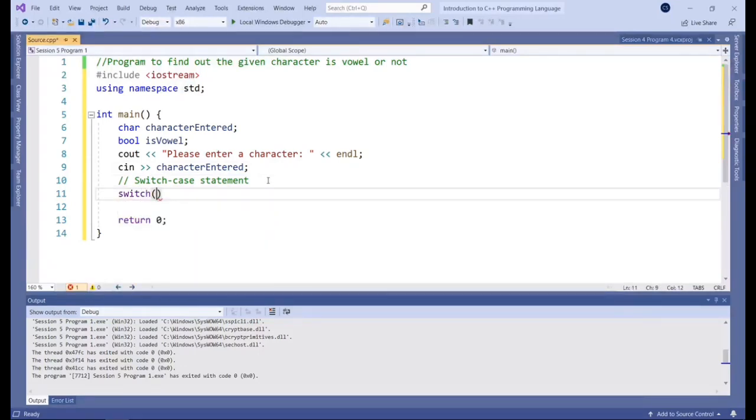We're going to want to enter here the condition, or basically the variable that we are evaluating, the variable for which we care about the value in terms of determining which scenario plays out. So that would be character entered, right? Because depending on which character it is, we evaluate if it's a vowel or not.